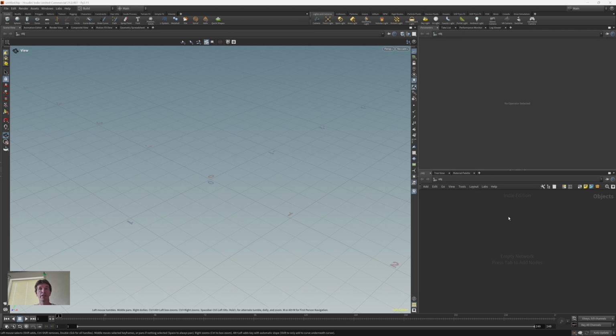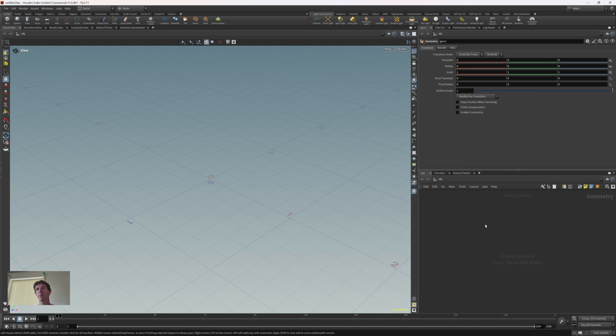Hello, this video will be a beginner-friendly tutorial on how to emit rigid bodies into simulation, but not just any rigid bodies. I want those rigid bodies to be breaking as well. So yeah, let's start. To begin, I'm going to use a geometry container because we need some geometry to break